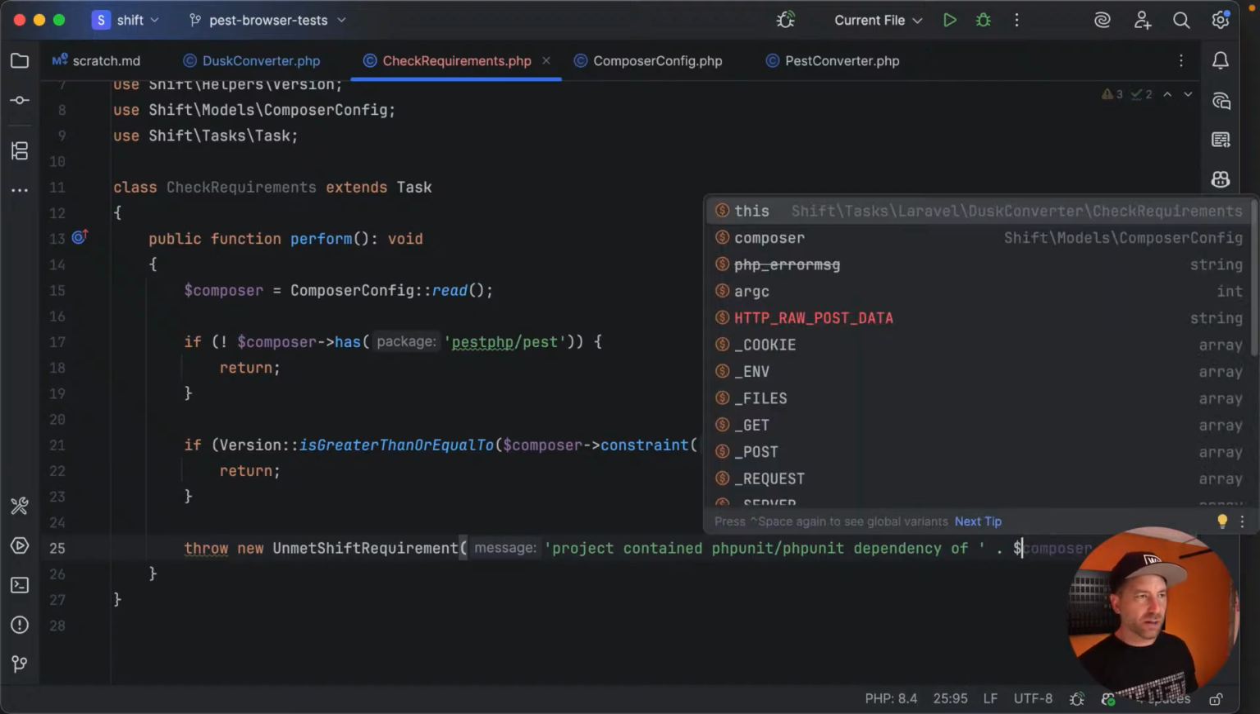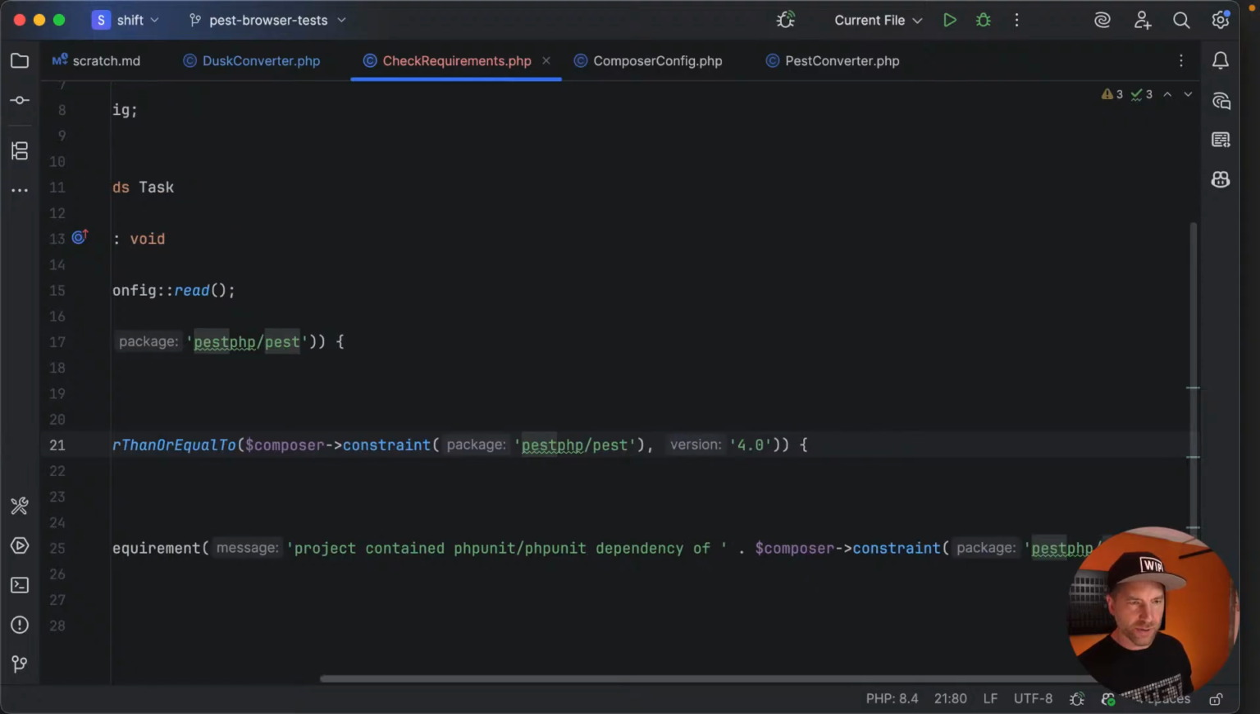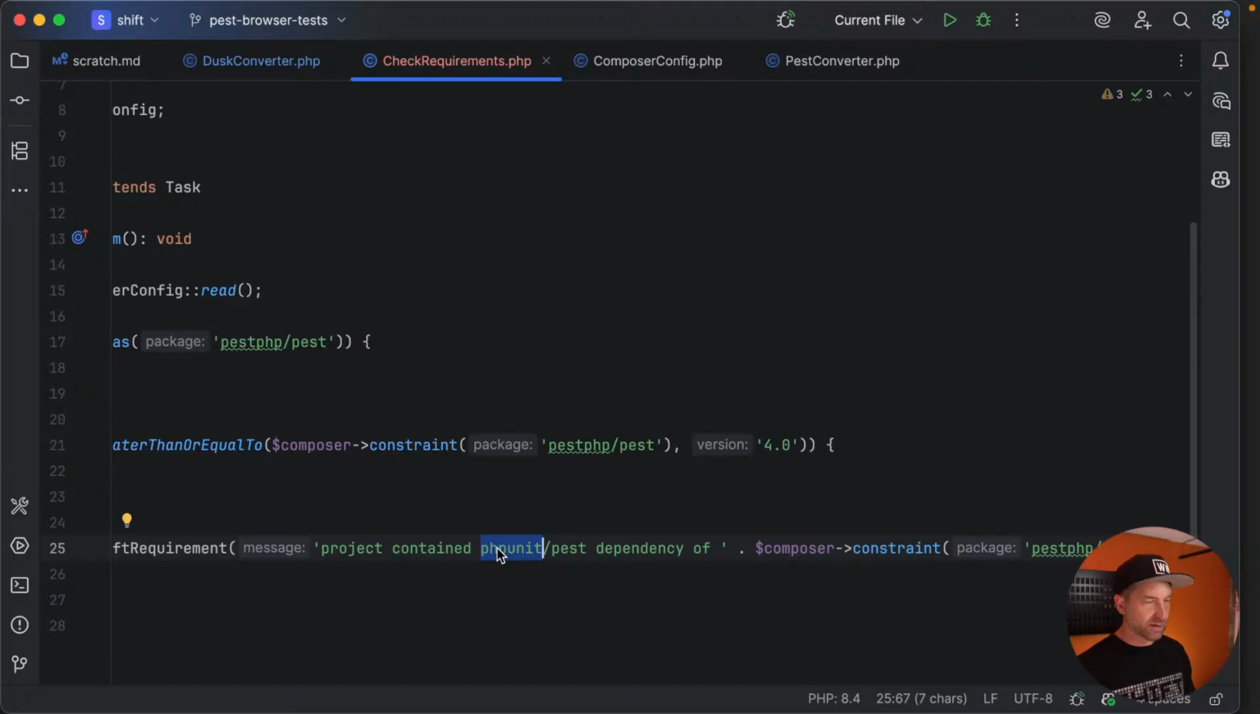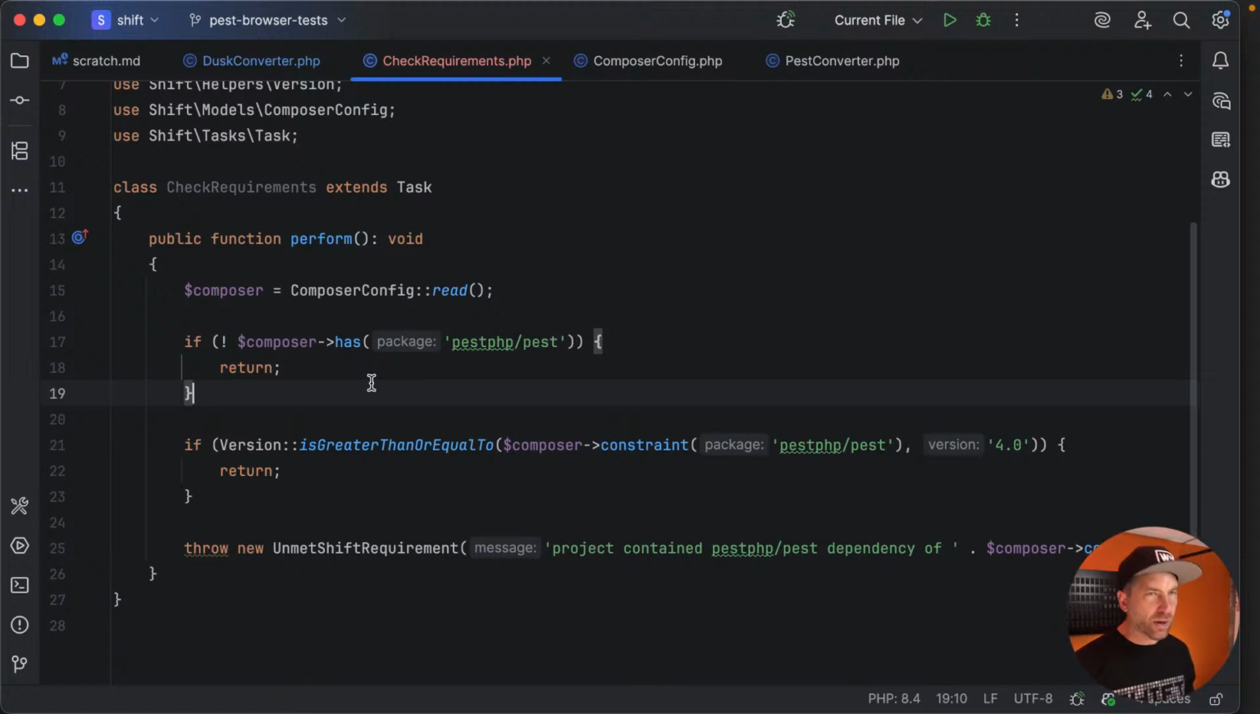All right, so we'll get composer, constraint, Pest. Cool. Oh, did I write that wrong? Hey, Nuno, thanks. Sorry. Look at that. Boom. I keep typing PHP. Pest PHP, Pest. Thank you, Nuno. Okay, so I'm going to do the future tasks a bit faster, but again, this